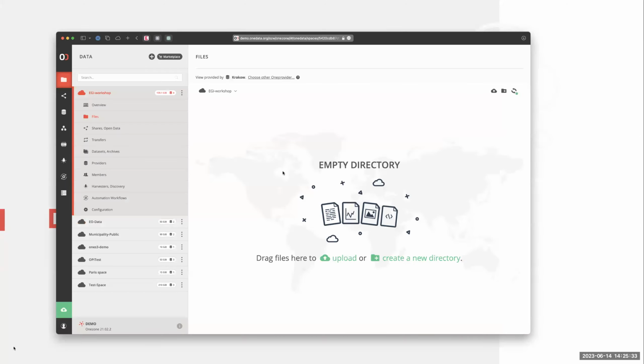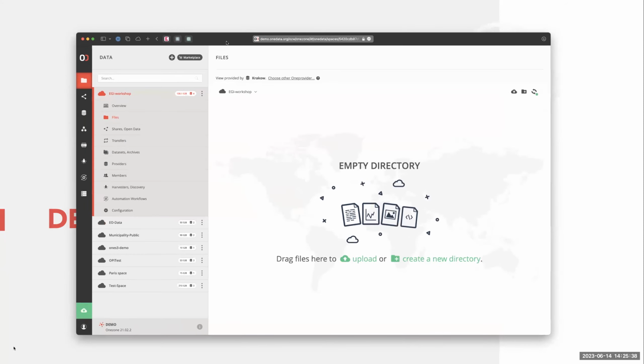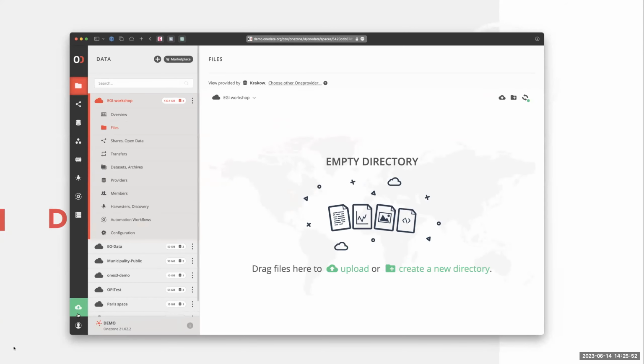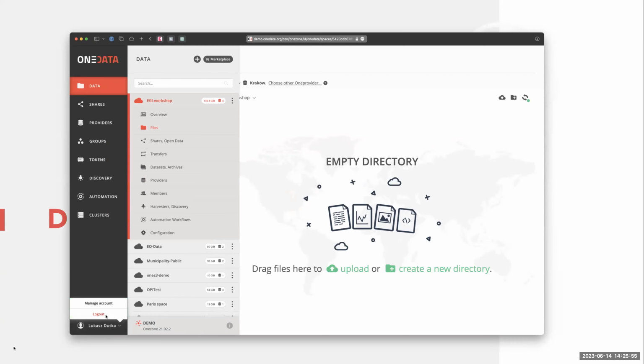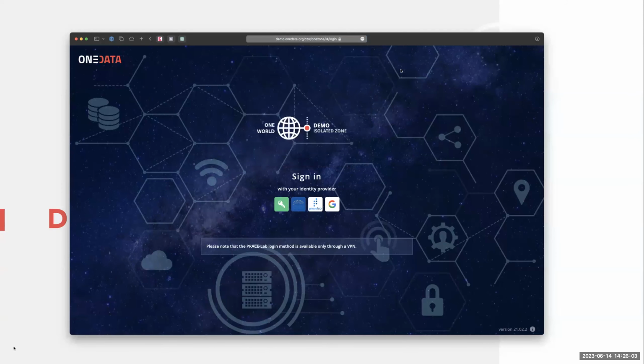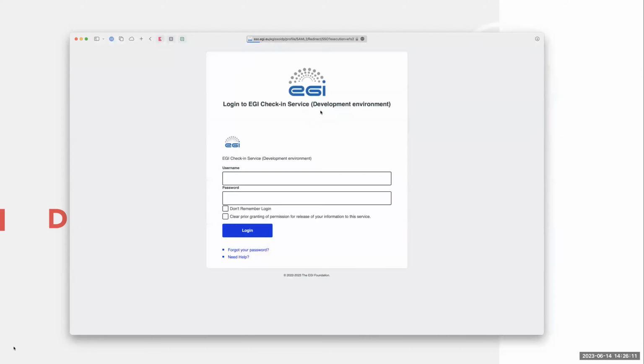So for those who have never seen Onedata, this is our interface. Hope Ian, can you confirm that you can see my browser now? Okay, thank you very much. So now you see my browser, and this is what Onedata looks like. Usually we log in using the entry page. This is now a demo platform. Technically, each of you can go there, but in production we use EGI datahub.com. So I'm logging in now using the EGI credentials,